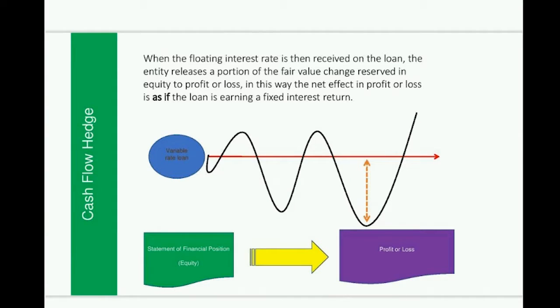So that in our example, the loan now looks, for all intents and purposes, as if it is a fixed rate loan, rather than being two separate transactions where you've got floating rate income and you're paying out a fixed rate. So it tries to mimic the same income profile that you would get if the loan had originally been set out as a fixed rate loan. So in this case, you've mitigated your risk, and you're also presenting your financials in a way that represents what you have been able to achieve through the use of a hedge.